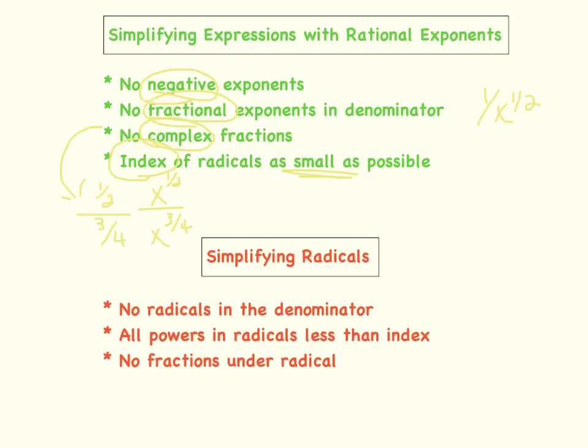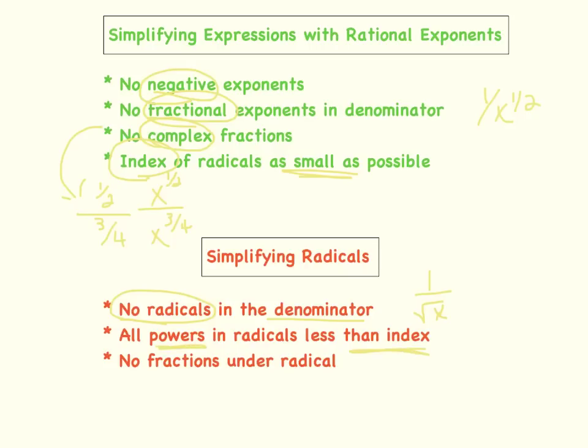If we look at the first one, no radicals in the denominator, meaning you do not want a fraction that looks like this. You do not want a radical sign. Basically, all you want in your denominator could be a variable and or a real number. Okay? In order for a radical to be simplified completely, that means the powers inside the radical need to be